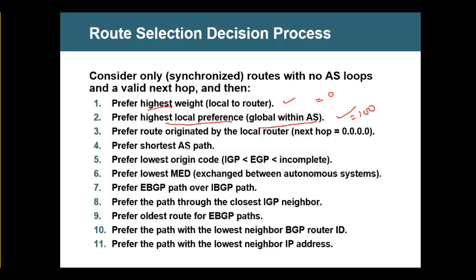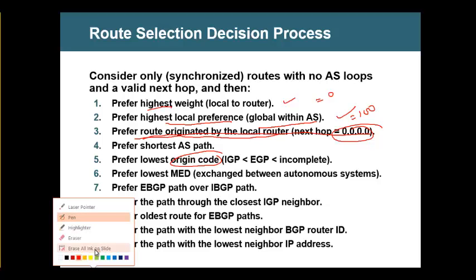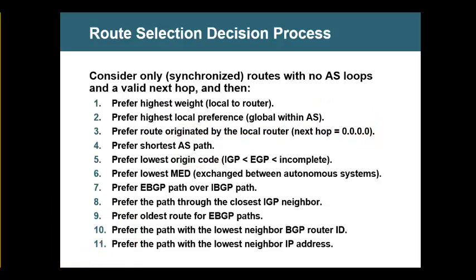Now it will check whether one of this neighbor provides, or one of the next hop is 0.0.0.0. See, this origin code is what you learned earlier. But this one I have shown you in the BGP table. I showed you and said if you have next hop as 0.0.0.0, which means those networks are from this router, the local router. You no need to go somewhere outside to reach that network. You have it right on the device itself.